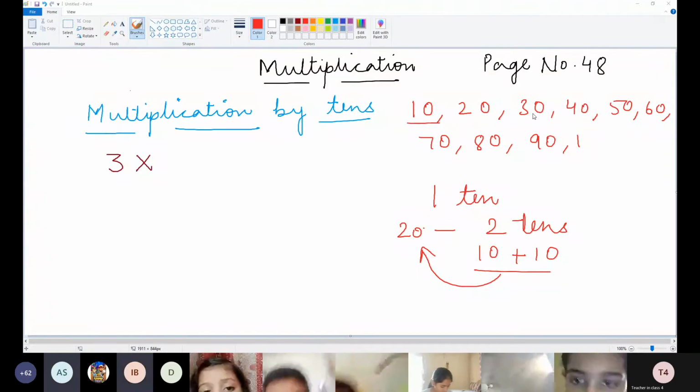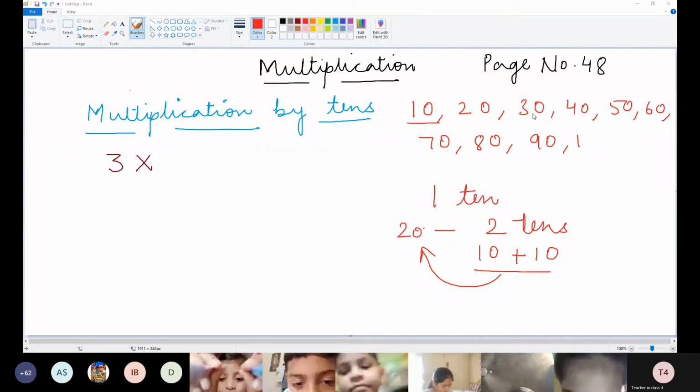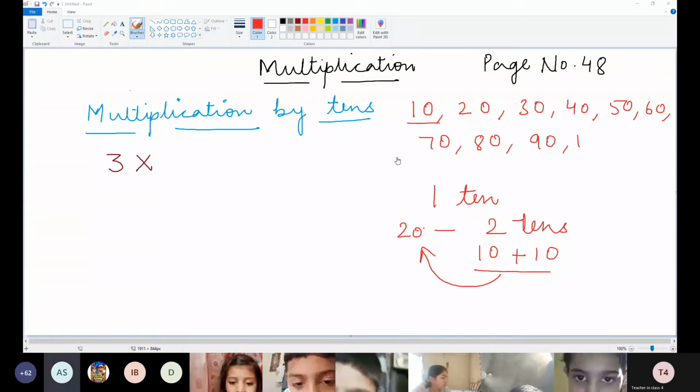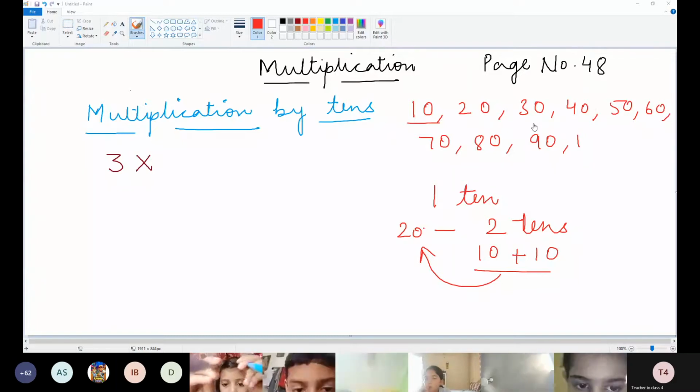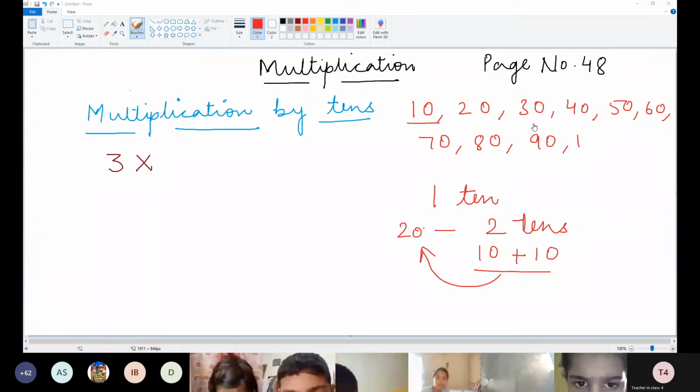So beta, in 80, how many tens do we have? Vivek, quickly tell me, in 80, how many tens do we have? Ma'am, write in your notebook. Dhruv, wait beta. Yes Vivek, in 80 how many tens do we have? 80 में कितने tens होते हैं ध्रुव विवेक? Ma'am, 3. 3 होते हैं बेटा. Think it again.